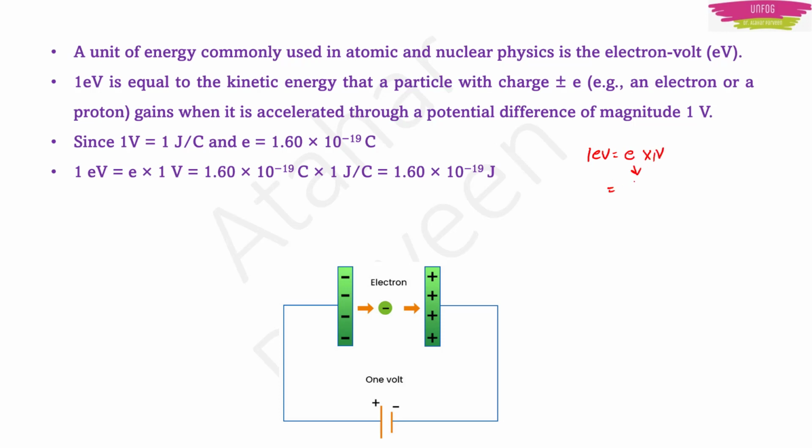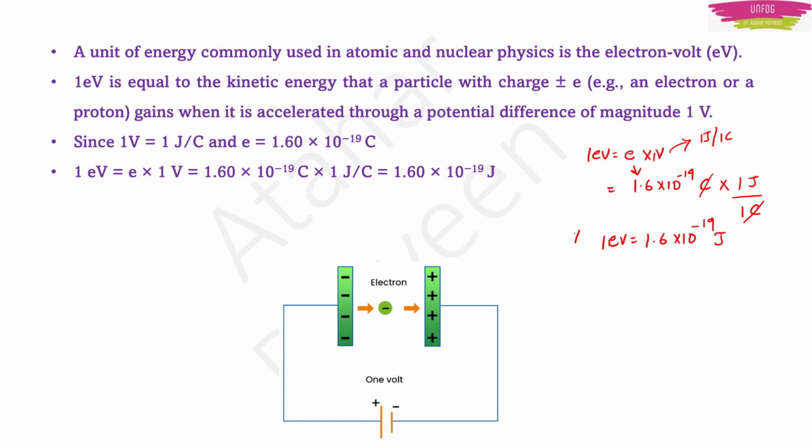Now what is the charge of electron? It is 1.6 into 10 raised to minus 19 coulomb. Now what is 1 volt? This 1 volt is nothing but 1 joule per 1 coulomb, right? So I will write it here, 1 joule per 1 coulomb. My coulomb will get cancelled and my 1 electron volt is nothing but 1.6 into 10 raised to minus 19